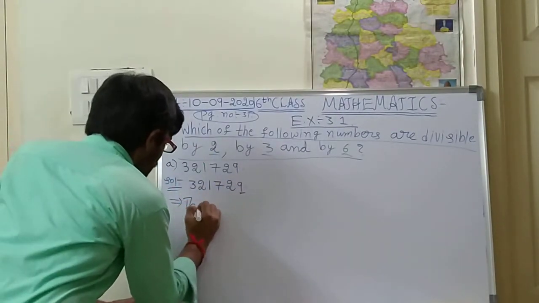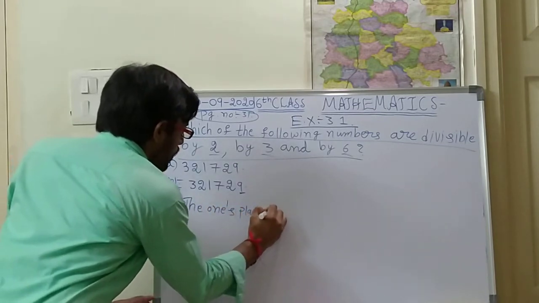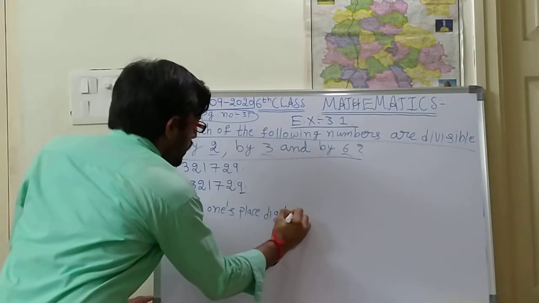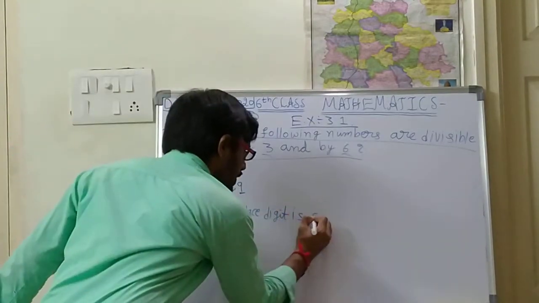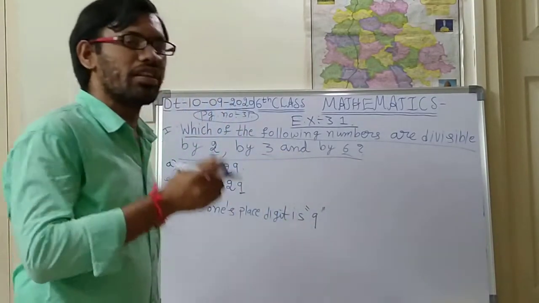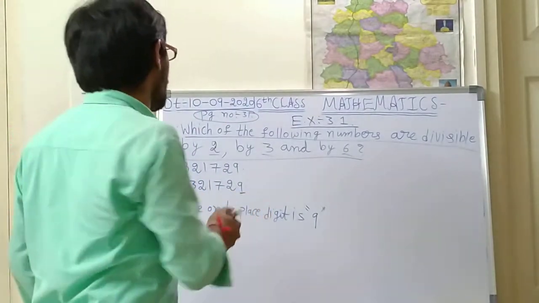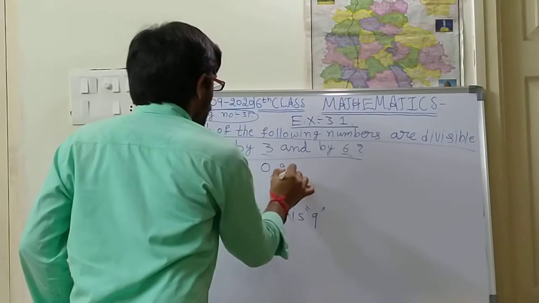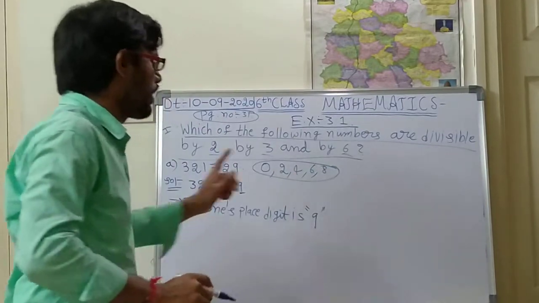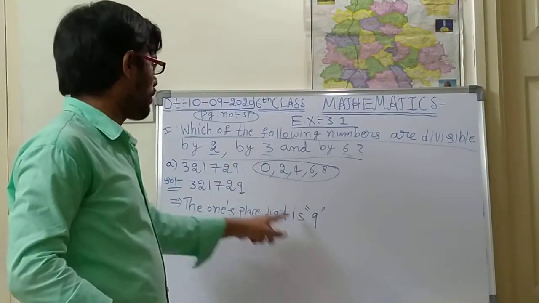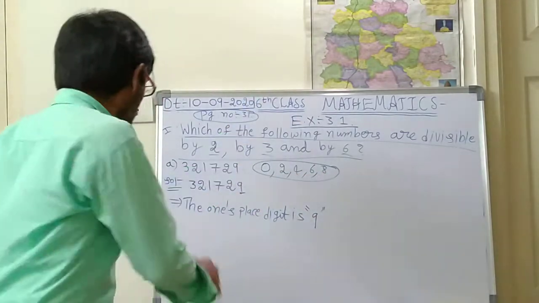So what is the ones place digit here, children? 9 is there, so the ones place digit is 9. Is 9 in the set of the divisibility rule of 2? No, because the digits are 0, 2, 4, 6, 8. If any of these 5 digits is there, then the number will be divisible by 2. But here 9 is there. 8 is there, but 9 is not there. So therefore